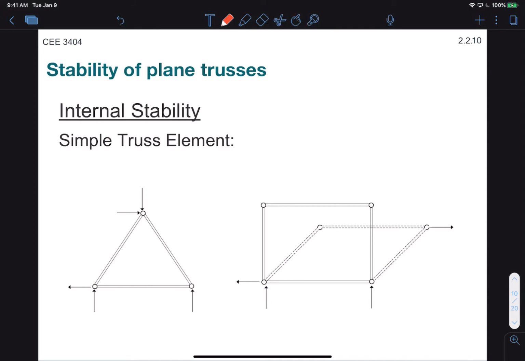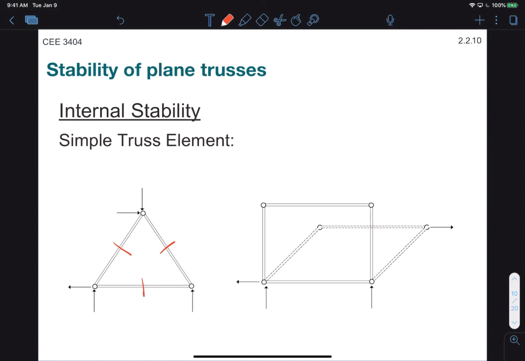Now, in order for a truss to be rigid and thus support load, it must fulfill what we call internal stability. If we look at the simplest truss element, which is a triangle, we see that there is no combination of loads that we can apply to get it to change its geometry. That is, there is no way to get the members to rotate around the joints and still preserve the member lengths. On the other hand, if we look at a rectangular element, we see indeed that there are ways to apply loads such that the members will rotate around the joints and still preserve that geometric constraint, which is the